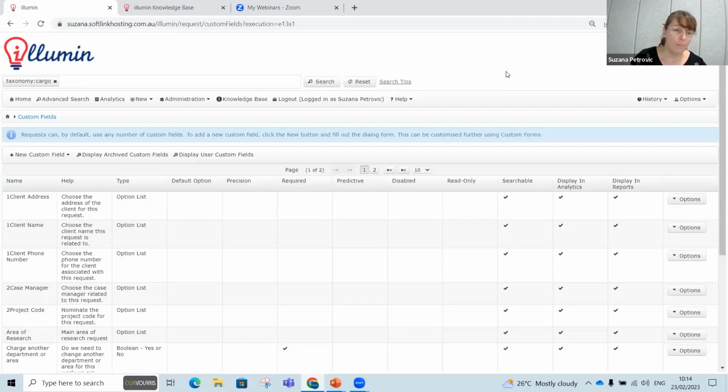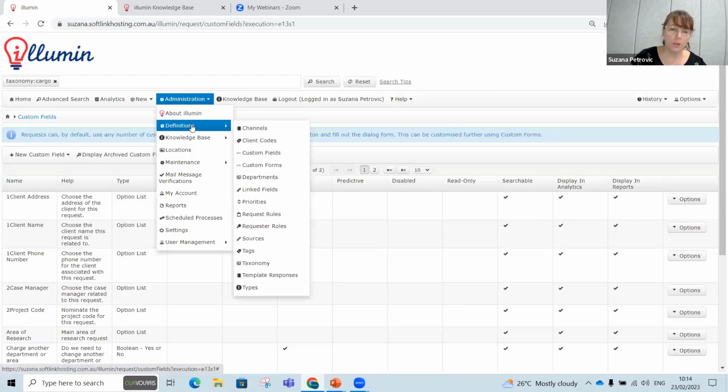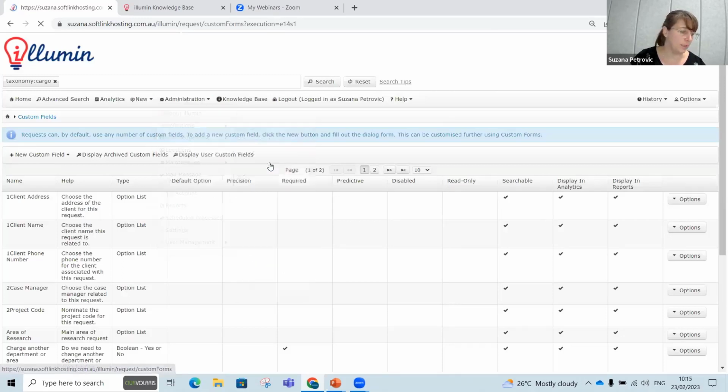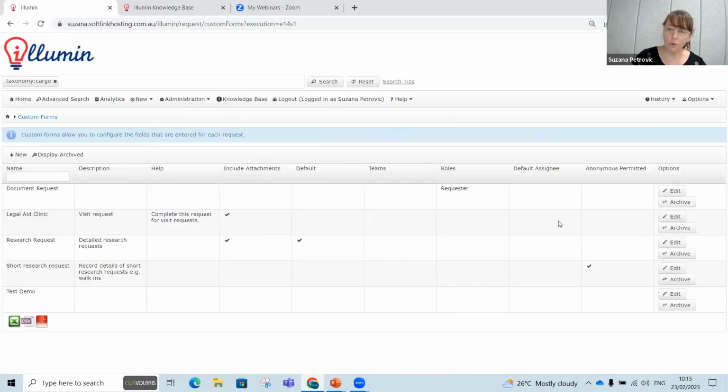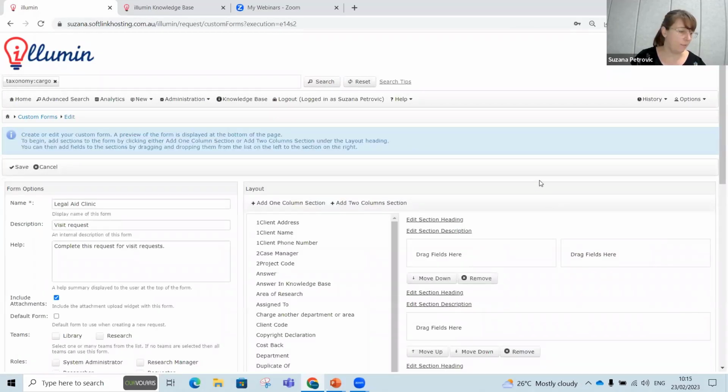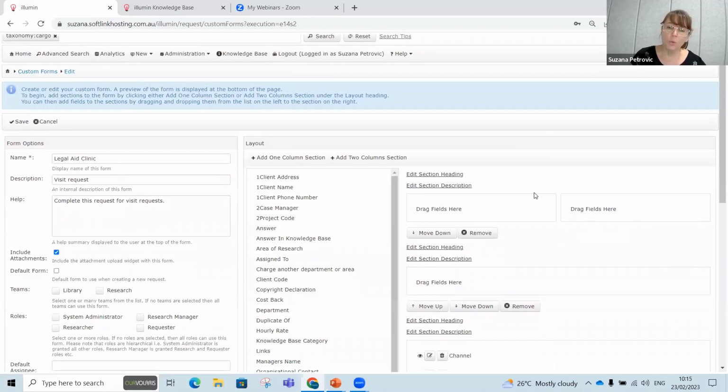So now my fields are set up and I'm ready to build my amazing form. Let's head over to my custom forms. Now, here's a form that I have been working on earlier, and let me just edit that form. So what I need to do here is pull across all of the fields that I want